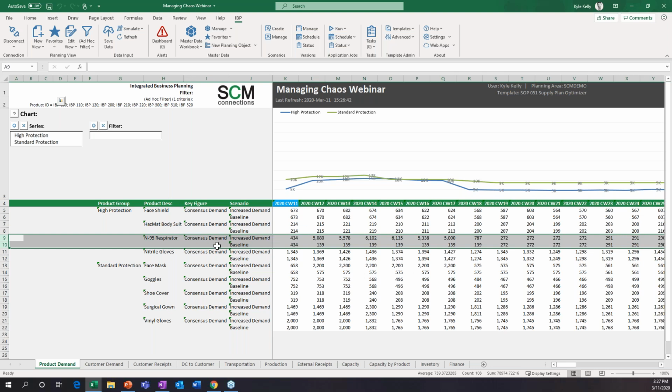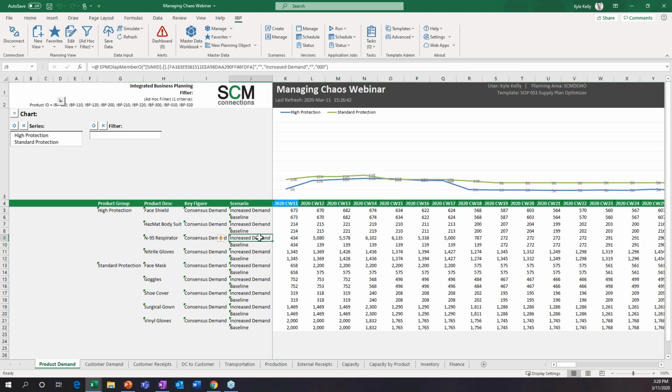Yep, scenarios are pretty limited. The nice thing is that when you're creating the scenario off the baseline, it's not really duplicating a lot of the data. It's just keeping the new inputs for what you change. So in this case, my increased demand, all I'm really changing from the baseline is the demand for some of these buckets. And so the impact on your database is very minimal.